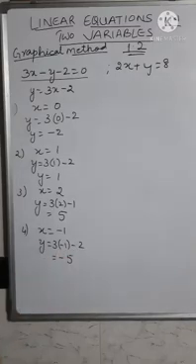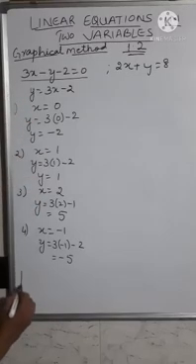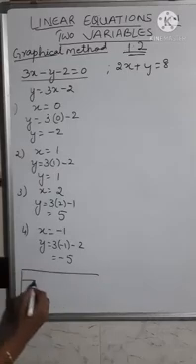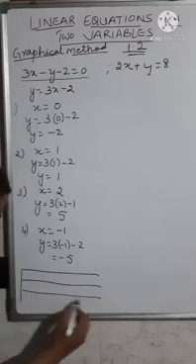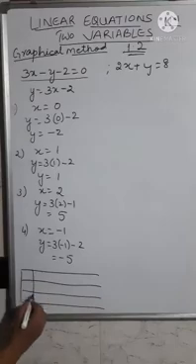Like this you take a minimum of, even if you take 3 values it is enough. But to get an accurate straight line you take at least 4 values. Now, using these values we will prepare the table. How do you prepare the table? You write the x values, you write the y values, and then write it in coordinate form. So this is x, this is y, and then you write xy.